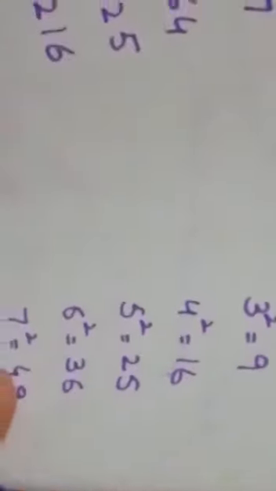When we take the cube of these numbers, the cube of 1 is 1, the cube of 2 is 8, the cube of 3 is 27, the cube of 4 is 64 and so on. These are called the perfect cubes. Let's take an example. The first question is the square root of 66.